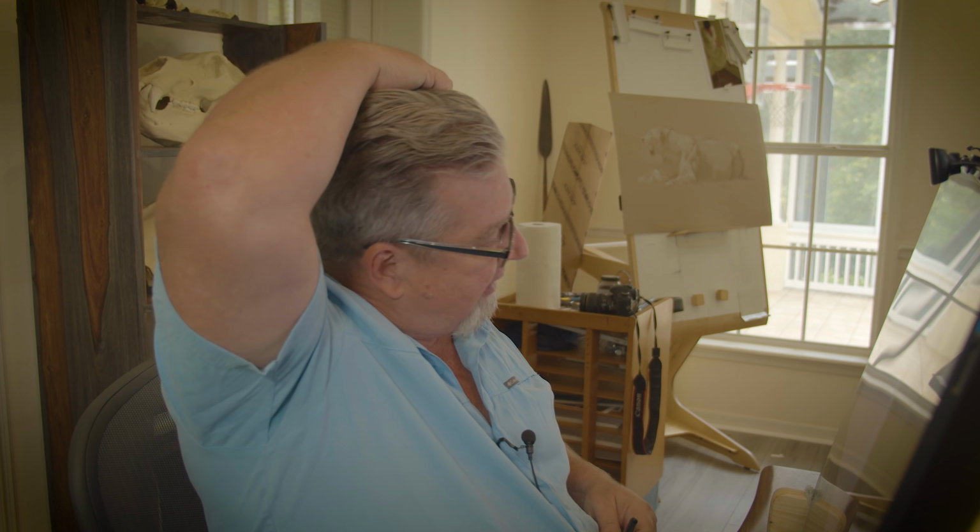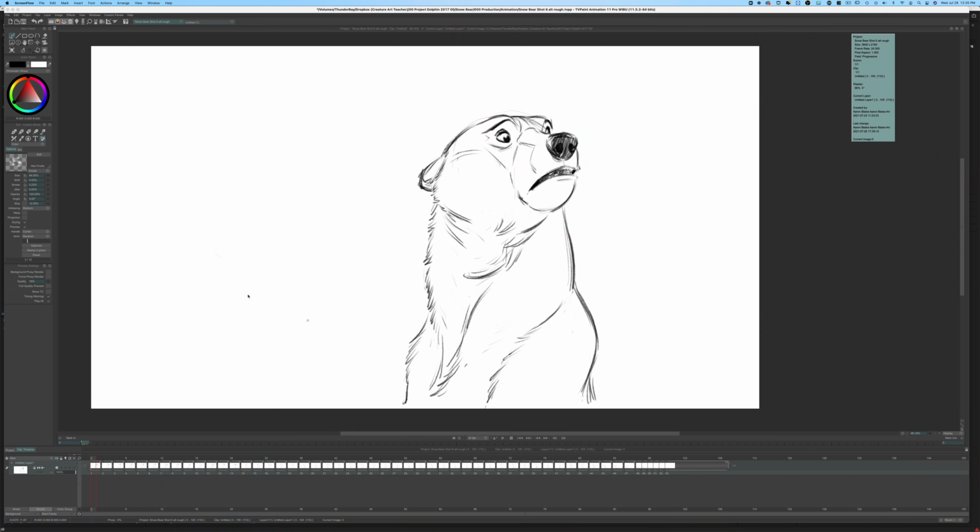And so I thought I would sit down with you and just show you how I animated the windy fur, because sometimes people get a little bit hung up on that kind of stuff, all that secondary action that goes into animating characters. It's one thing to animate the emotion, but then there are environmental things that you want to animate, like blowing fur or the hair bouncing. Clothes that billow and whatnot. So I thought I would take you through it frame by frame and show you what I was thinking. Let's dive in. So here's the first frame right here.